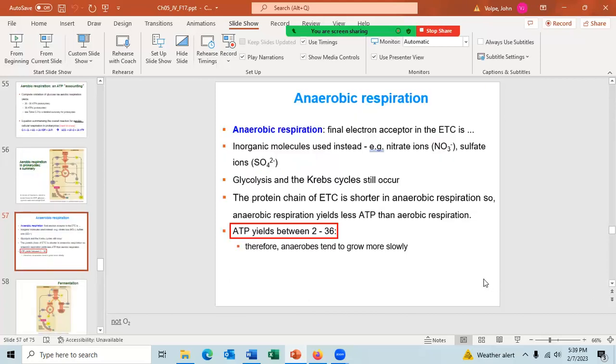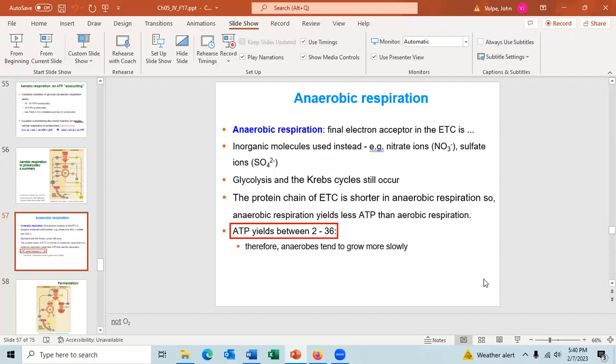All right. So that's aerobic respiration. Let's compare it to anaerobic respiration. Anaerobic respiration is similar to aerobic respiration. One major difference is anaerobic respiration does not have the electrons flow to oxygen. The electrons flow to another molecule other than oxygen. So we say the final electron acceptor is another molecule other than oxygen. And it depends on what form of anaerobic respiration it is.